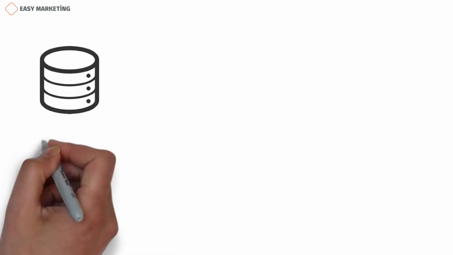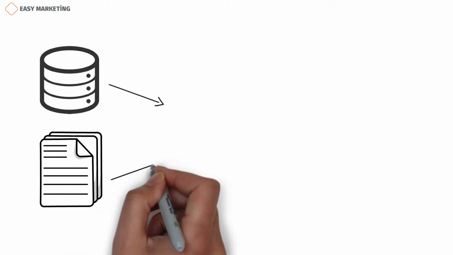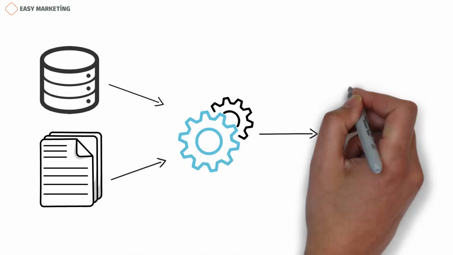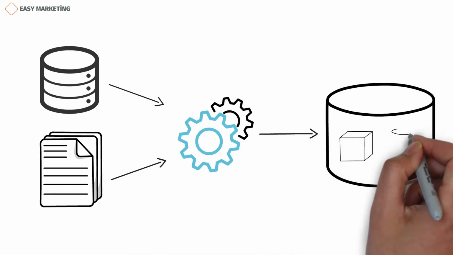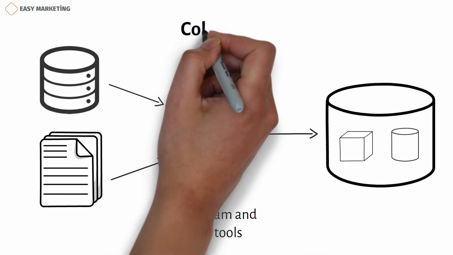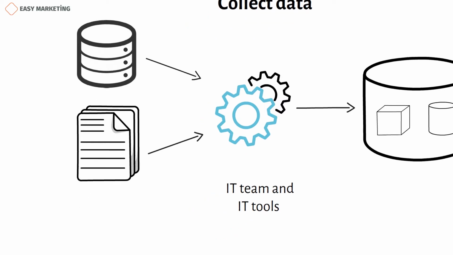In the first stage, tasks such as data collection, budget calculation for certain dates, and so on are performed. So in order to fulfill this stage, any business must have a skilled IT team and IT tools to accurately collect data and transform the obtained data into statistics. As you can see, the first stage of business intelligence consists only of gathering all of the scattered data about